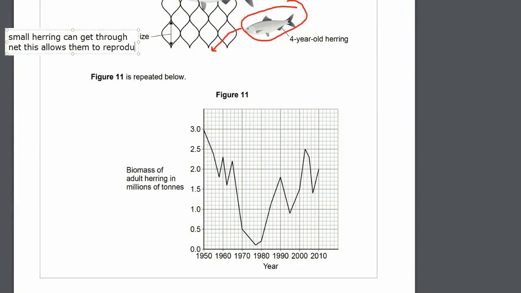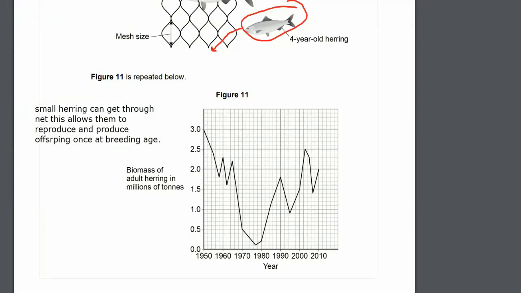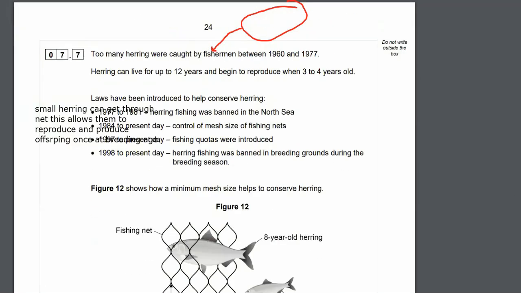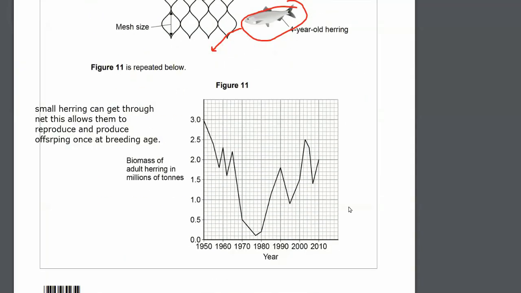Now, one of the things is the 4-year-old herring can get through the hole in the mesh. Why is that important? Well, small herring haven't had kids yet. By the age of 3 to 4, they haven't had kids. So if you kill them then, you are destroying the population size. Whereas if you allow them to have children first and then you kill them and eat them, you're not damaging the population size so much. So it's important that the law was made to allow them through, and this will have an effect of increasing the population size. Okay, there are a bunch of other laws here, and if you look at all the data,